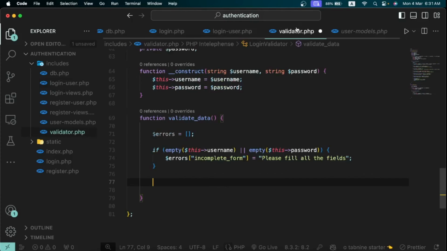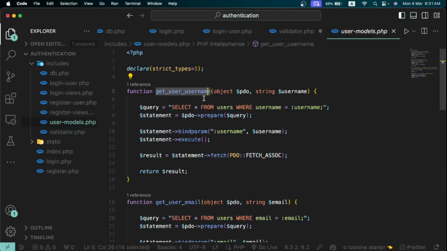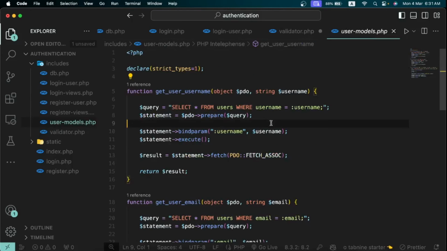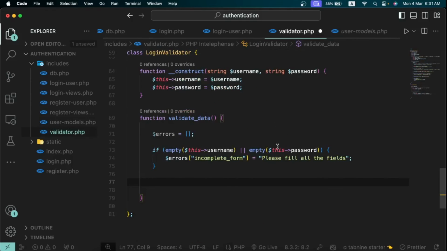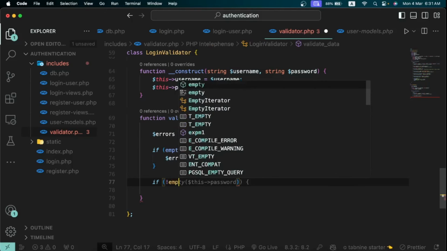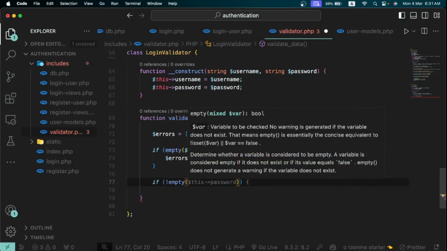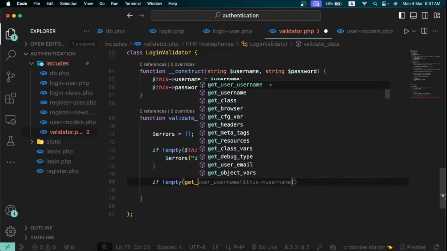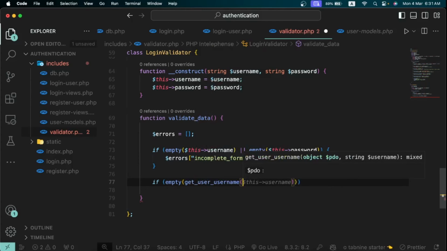So it means that we can directly make use of the getUserUsername method here. Now, if we go back to the getUserUsername method, remember that it just checks the database to see if a user with that specific username exists, and then it returns that user back to us. So we can make use of this. I can just write an if condition to say if empty of getUserUsername of this